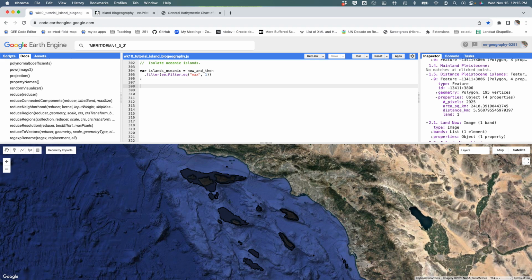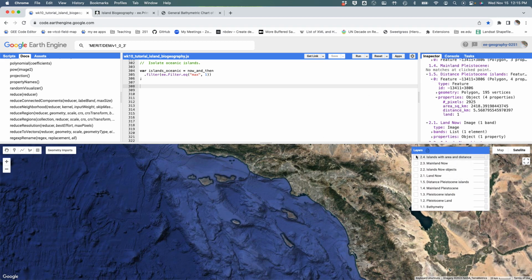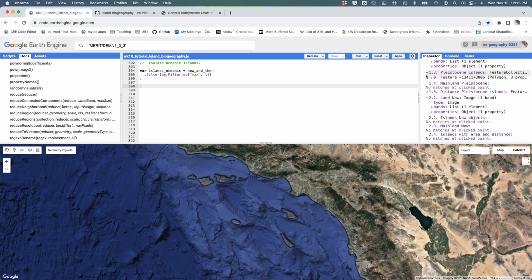Because back when we made this, we did it by creating first a land binary where it was 1 if it was land, and then basically no data if it wasn't land, and that's how we created these vector objects. Similarly, if you look at our islands with area and distance, and have them draw in,